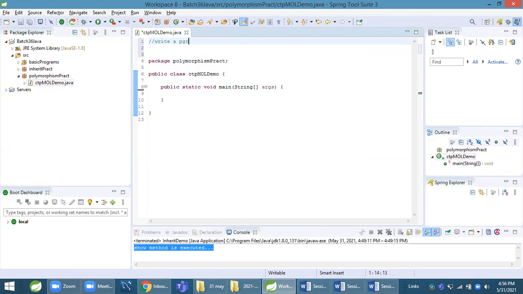Let's try to write a program to achieve compile time polymorphism.